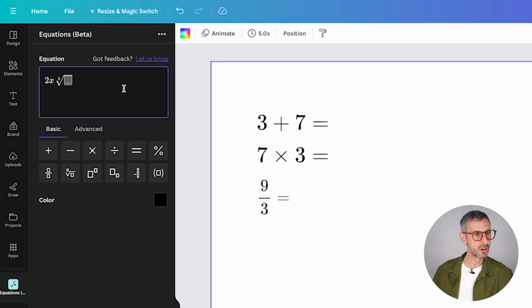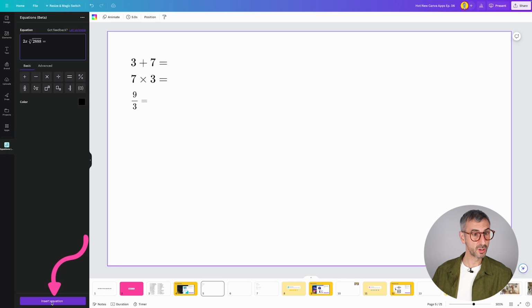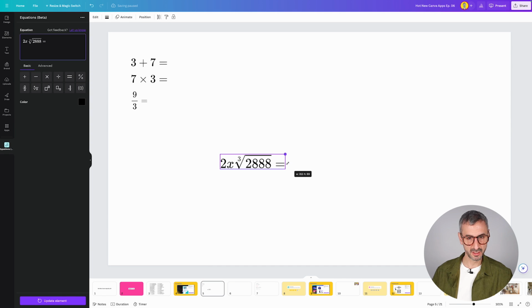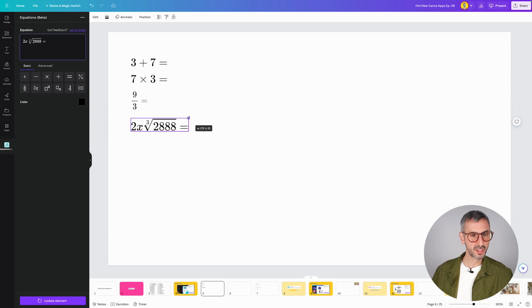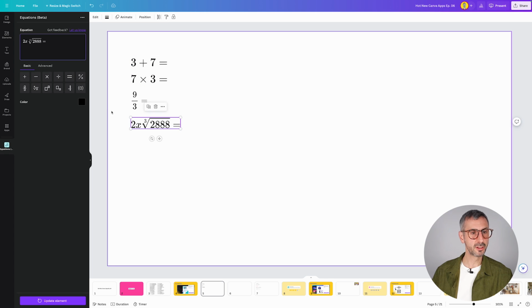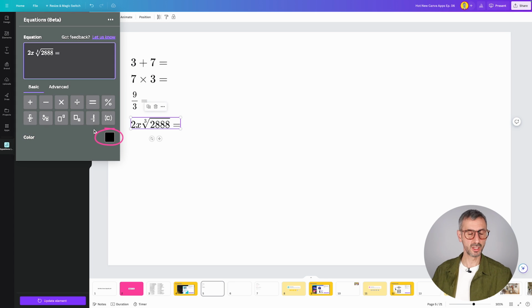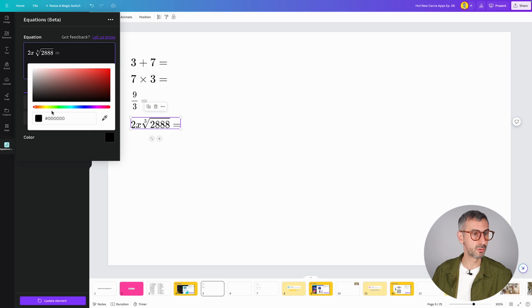Not even sure how you pronounce that, of this space equals. Okay, so I have no idea what the answer to this is. Don't ask me. But yeah, you can create it, and you can also create it in a different color, for example. So if you select it, you see here there's another option in your interface to create different colors, and